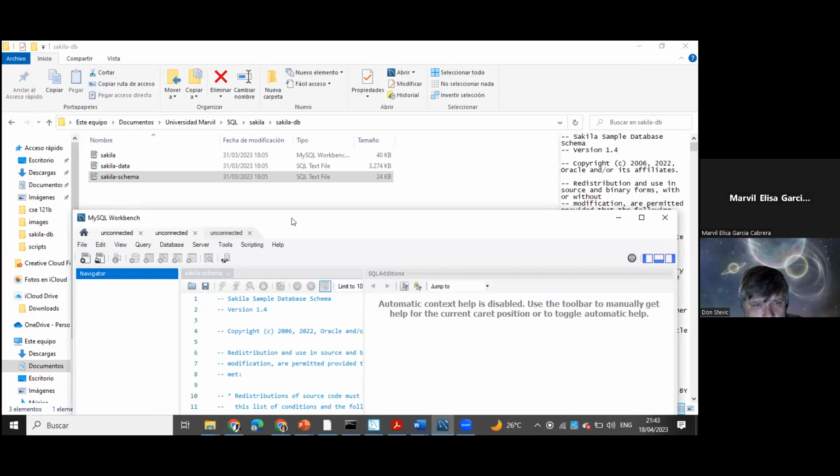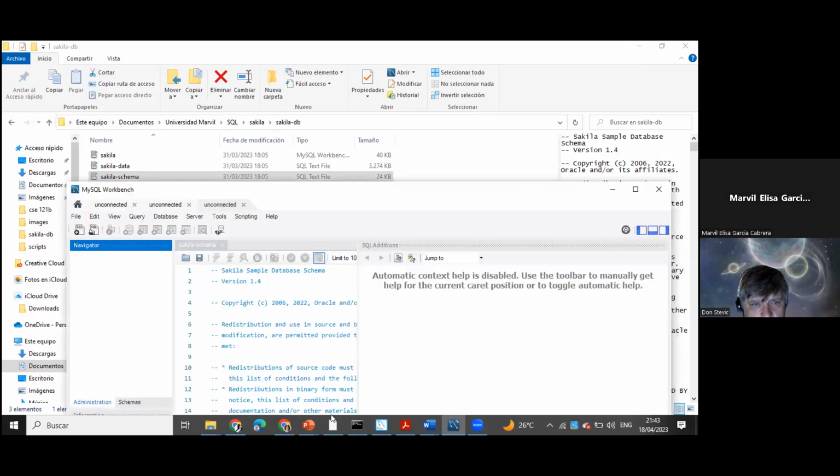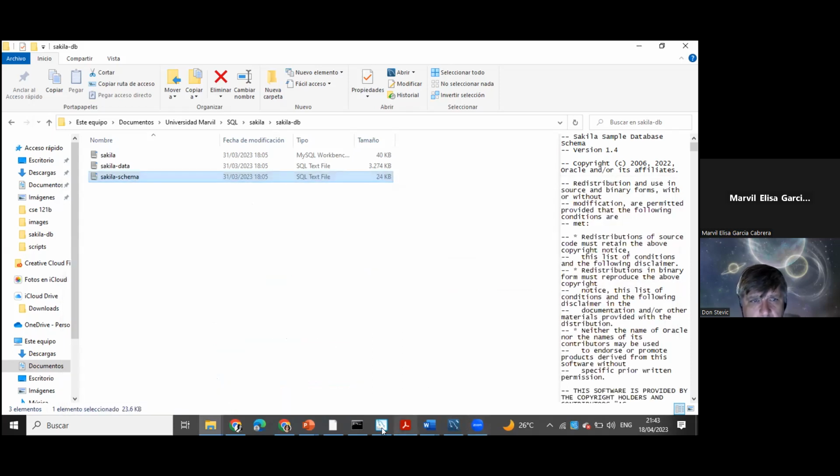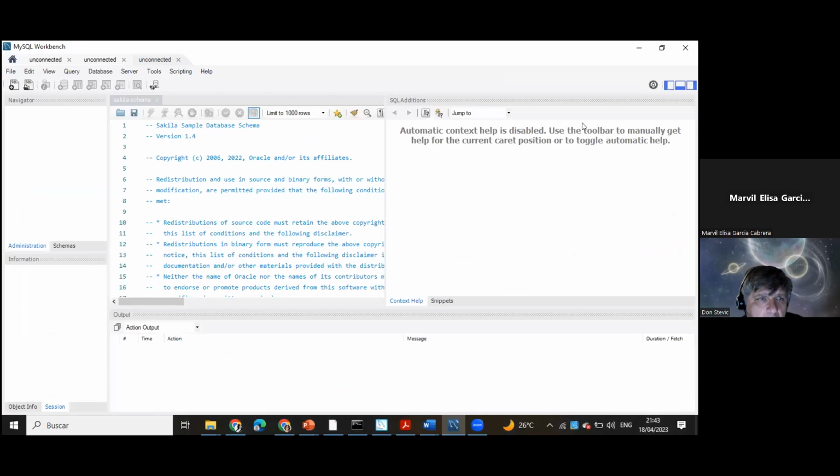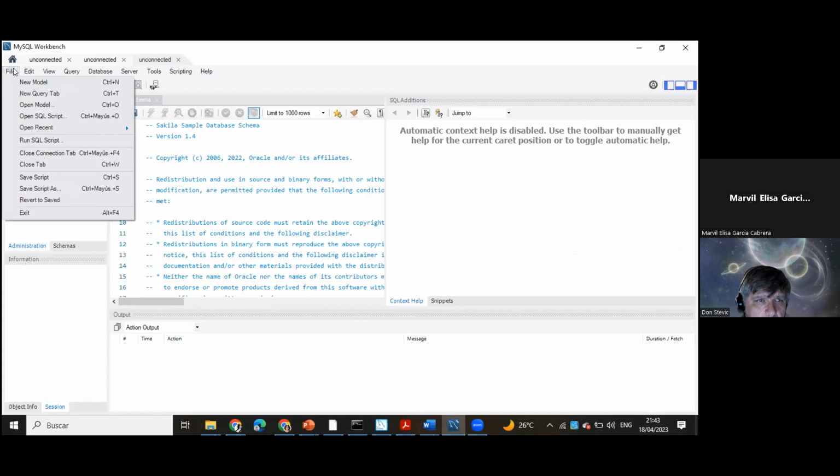Let me see. Maximize the workbench, please. No, you minimized it. There you go. Click the box in the middle. Go to File. Go to New Query tab.